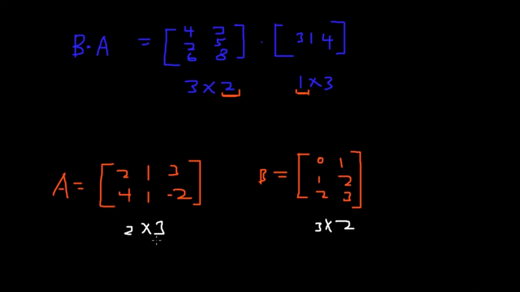So let's check. From here, you can notice that the column of the first matrix is 3, and the row of the second matrix is 3. It means that we can go ahead and multiply, right? So now, in order to find out the order